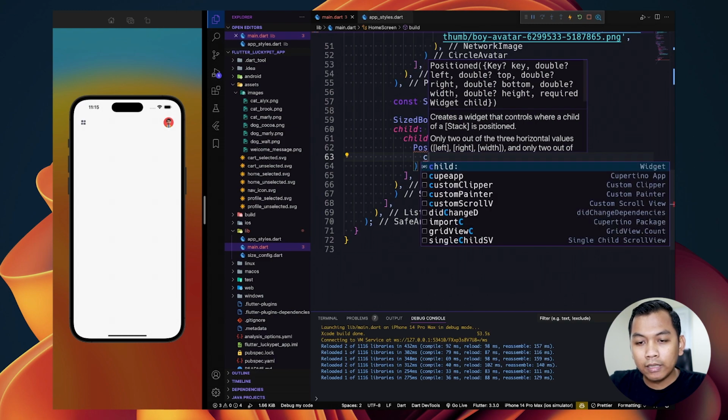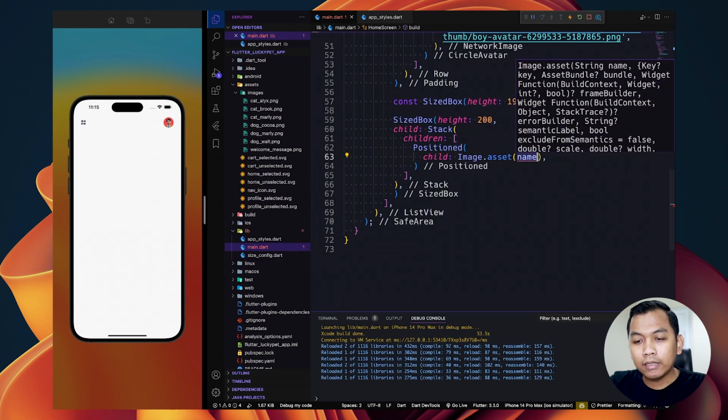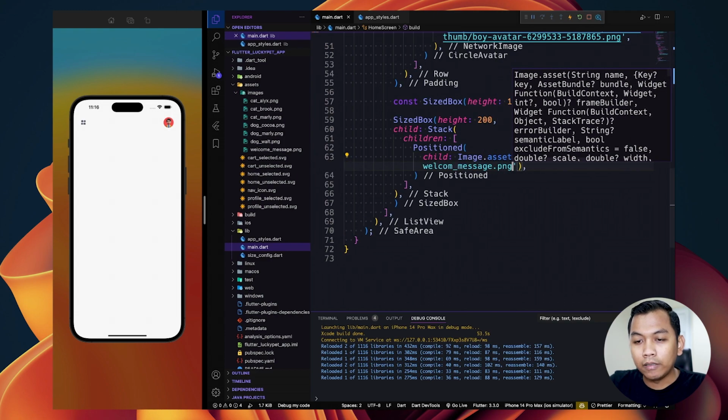The first widget is a position widget, and the position widget also has a child parameter. We can use image.assets, and we call our file, which is assets images, and then welcome message.png.